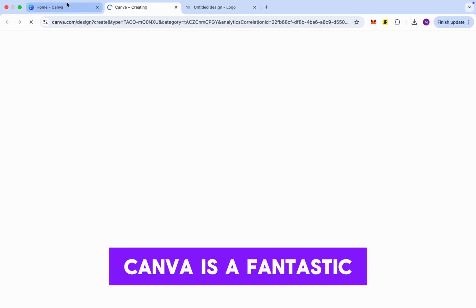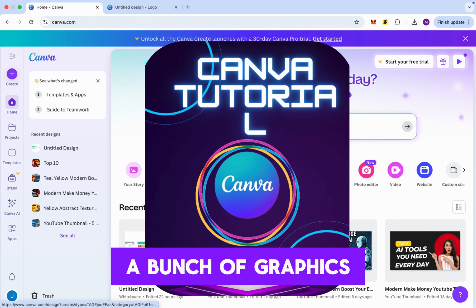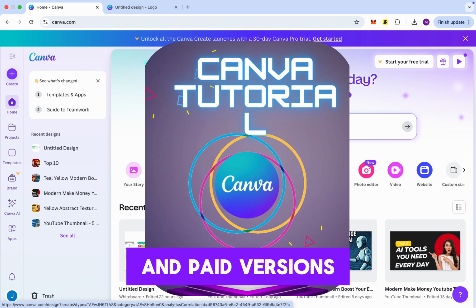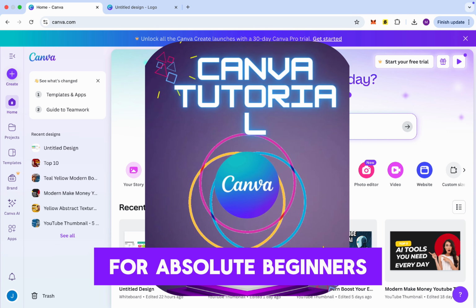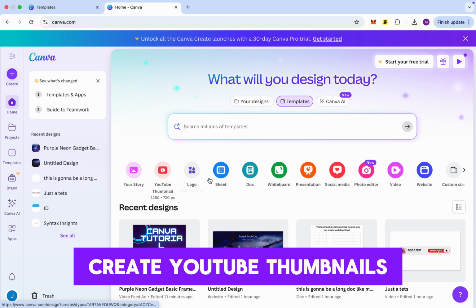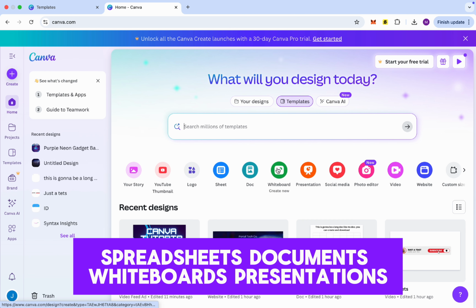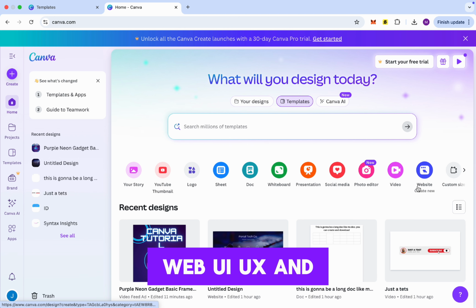Canva is a fantastic tool for content creators where you can create a bunch of graphics. It has both free and paid versions, but the free version is more than enough for absolute beginners. Using Canva, you can create YouTube thumbnails, spreadsheets, documents, whiteboards, presentations, social media posts, video edits, web UI UX, and